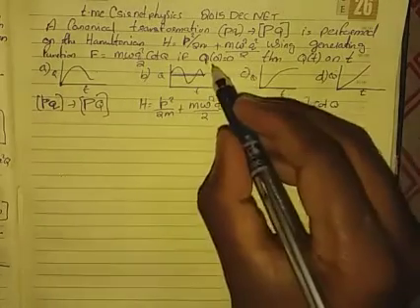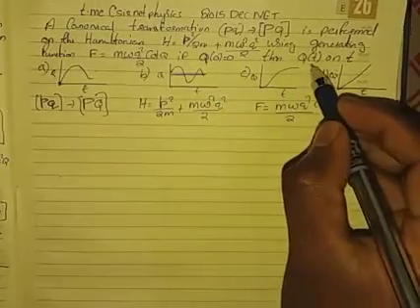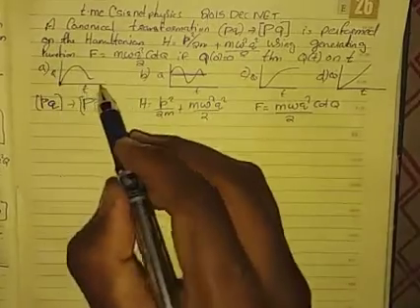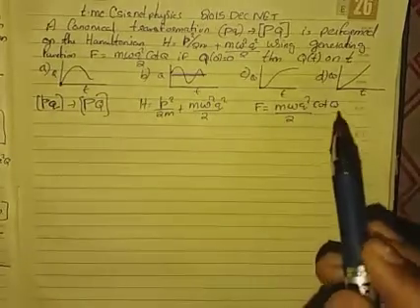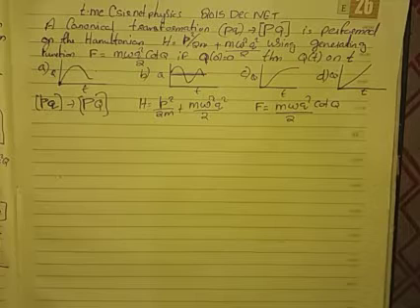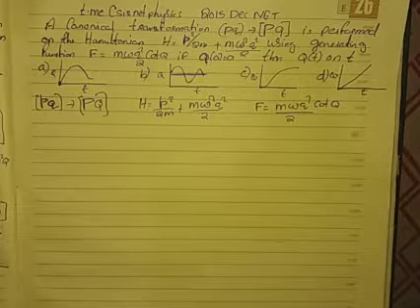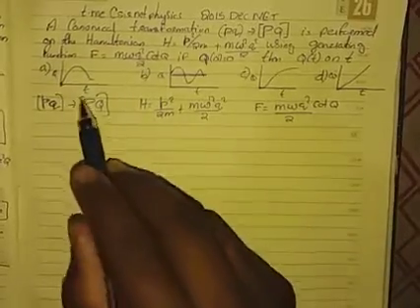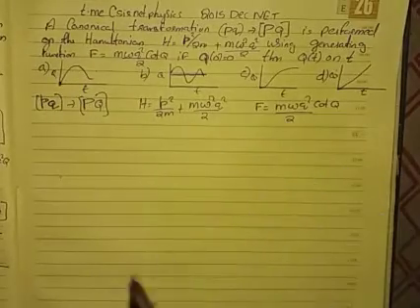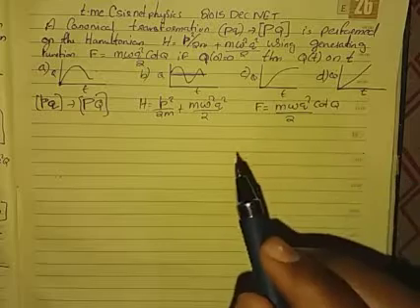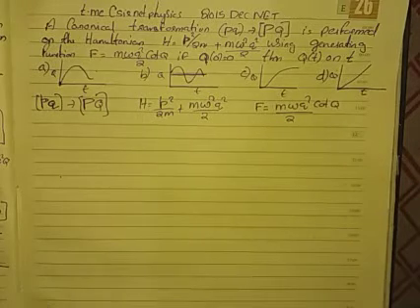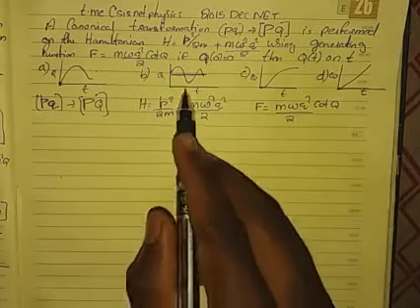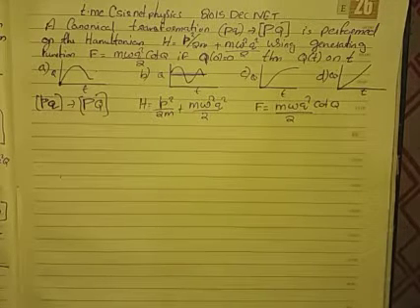We are given that q at 0 is equal to 0, and q of t at time t is what we need to find out. So this plot, how the position coordinate changes with time, is what we need to find out. Is it linear, is it some kind of a decreasing exponential, or an increasing function, or is it a sinusoidal function? That's what we need to find out.